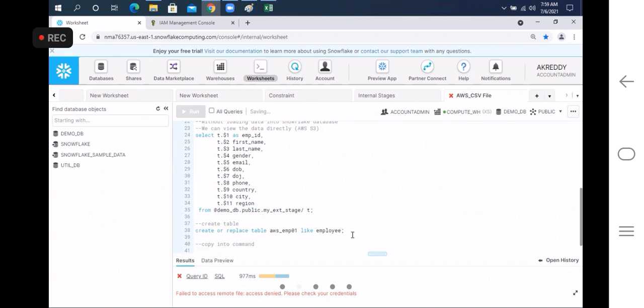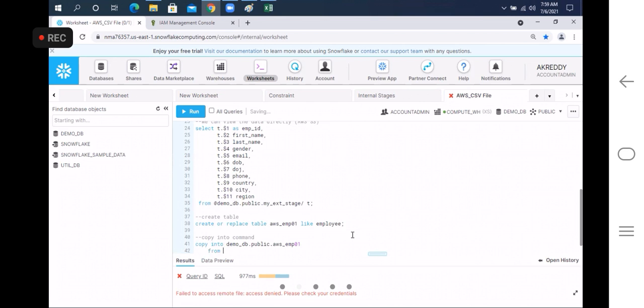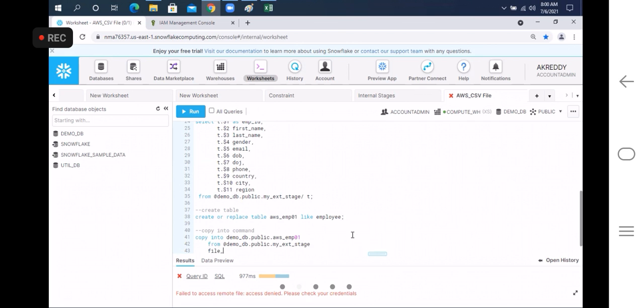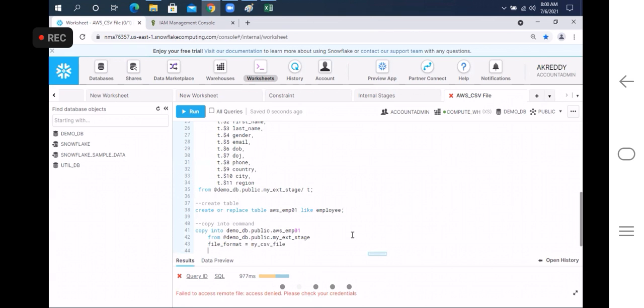So I'll use the copy into command. Let's see. Copy into the table called demodb dot public dot aws underscore emp01. I'm copying into the table from demodb dot public dot my ext stage, and the file format I'm specifying is my CSV, because my CSV file format we have already created. And file name